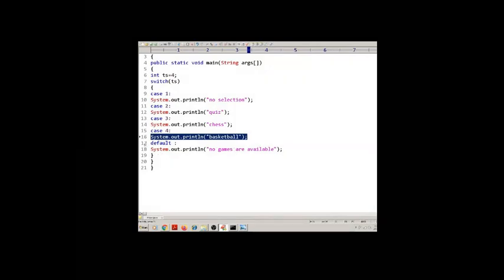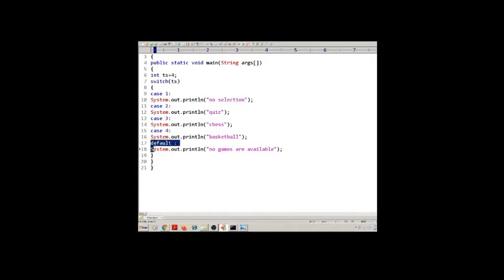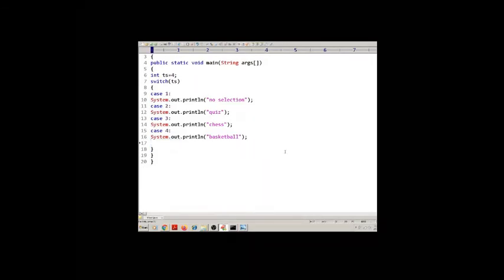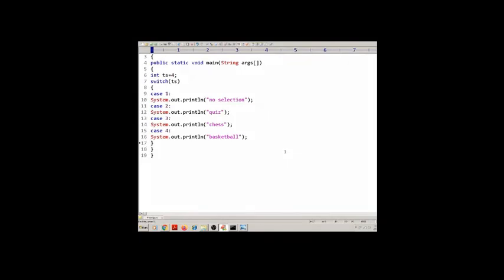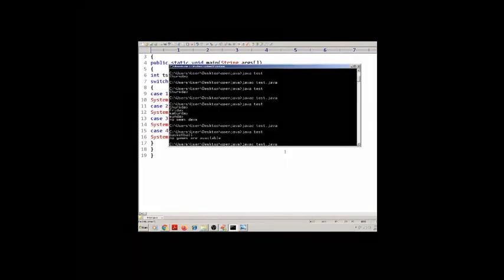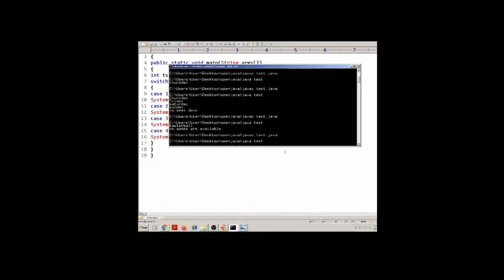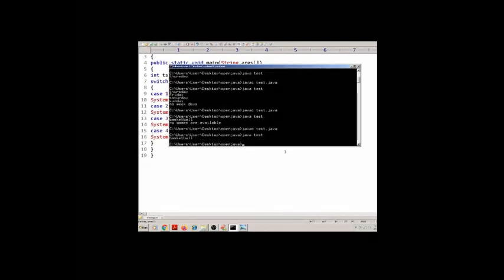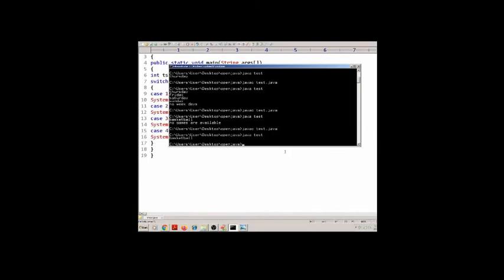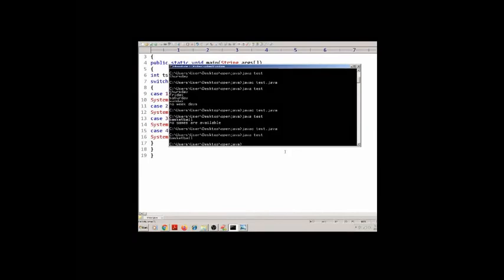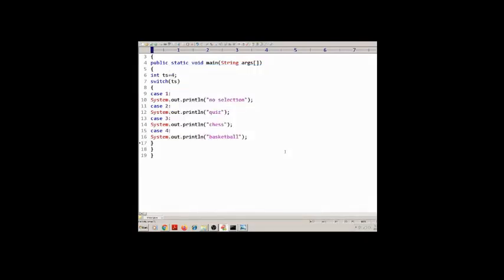Vivek, in the switch case statement, the default statement is optional. Now I am going to remove this. Again I want to save, compile and execute. So you can see the output is basketball.